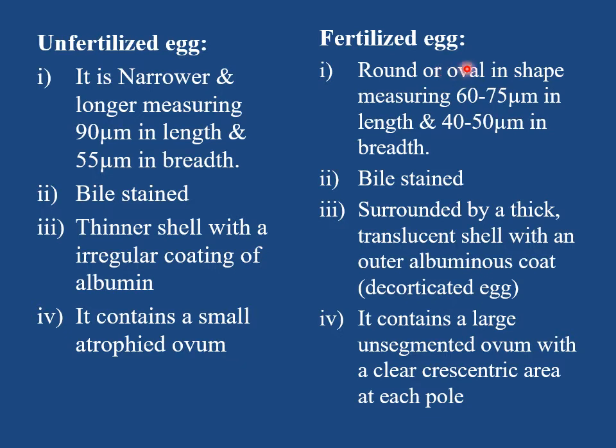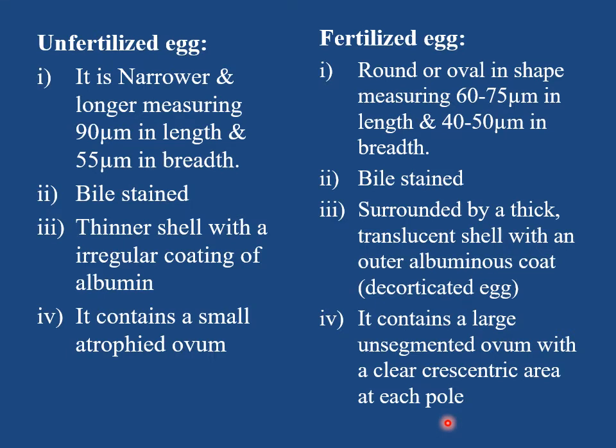Whereas the fertilized egg is round or oval in shape, measuring 60 to 75 micrometer in length and 40 to 50 micrometer in breadth. They are also bile-stained and surrounded by a thick translucent shell with an outer albuminous coat. Hence they are known as decorticated eggs, and contain a large unsegmented ovum with a clear crescentic area